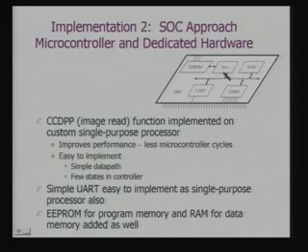Here you have 8051, we are putting in a UART here, we are putting in a special purpose processor which will communicate with the CCD and do the adjustments. This is the RAM and this is the EEPROM. EEPROM is the programmable EEPROM which has got the program to run the system.